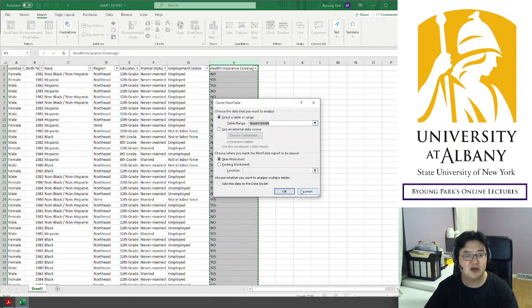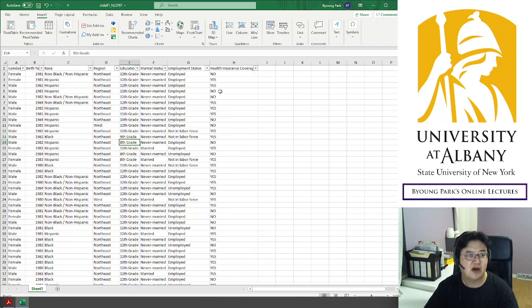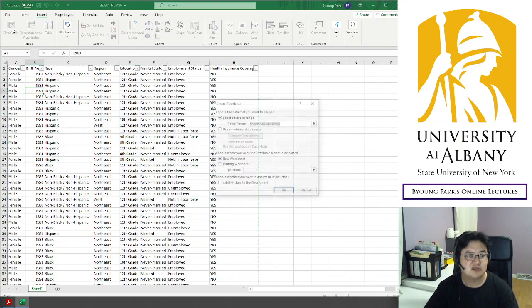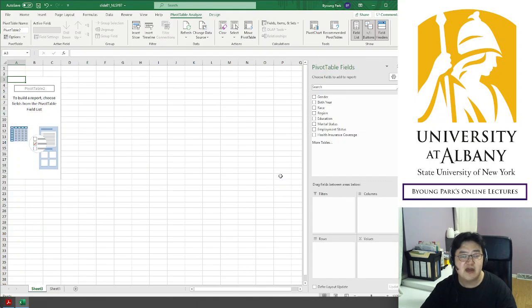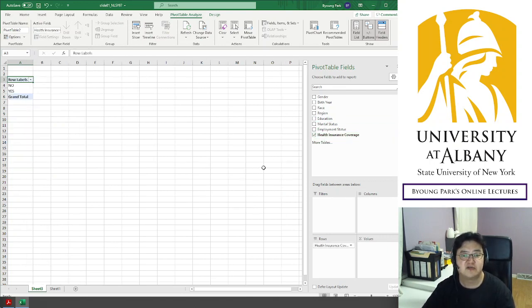Click here. So I unselected this because I would like to have everything. So usually it's okay. The table range includes everything on this page. So okay. Then you have a new page. And here I'm interested in health insurance coverage. So, and rows, depending on the value of health insurance coverage, the rows are defined by the outcome of this